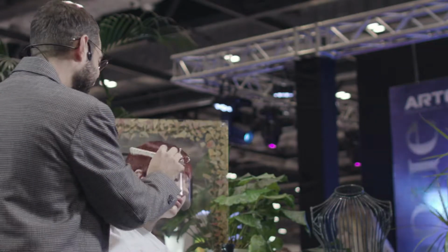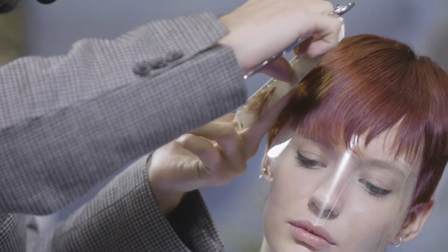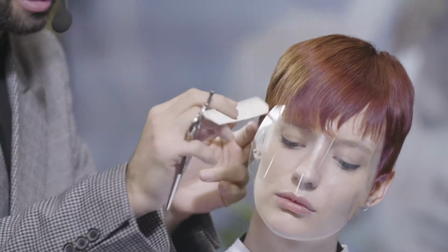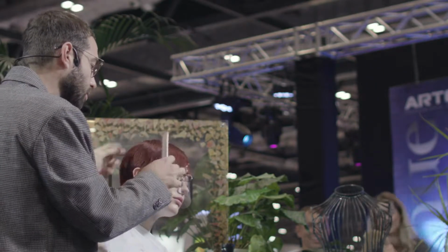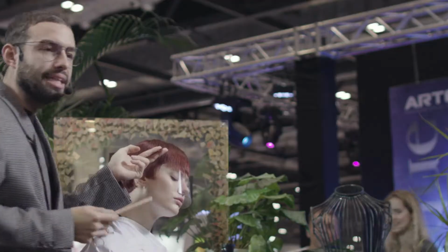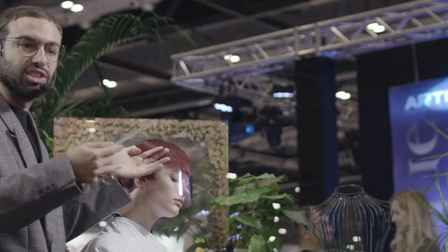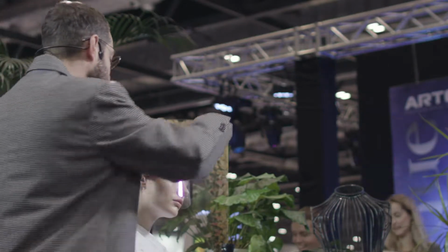My background. Well, I started hairdressing when I was 16 years old, and that was back in Italy. And then obviously I was always passionate about hair cutting and geometric cutting, and that's when I decided to move to London, where I started my career. And I worked with the leading hair education company. I don't like to mention any names. And that's where I started my journey here in London, and then I decided to launch my own company, which